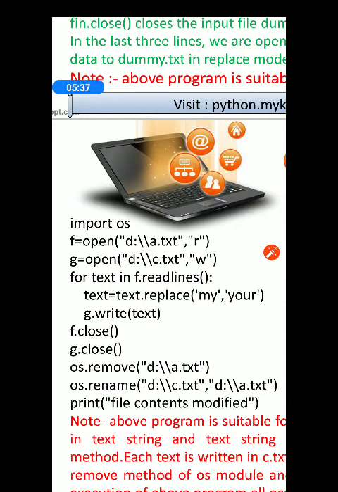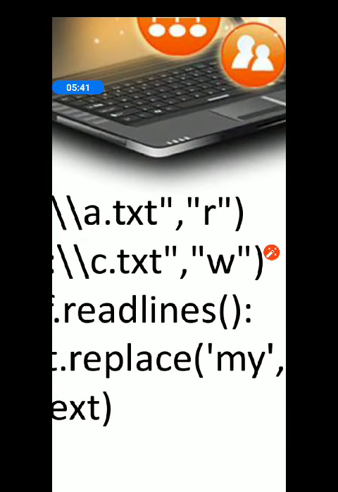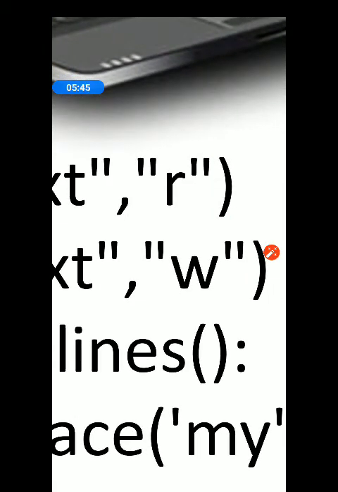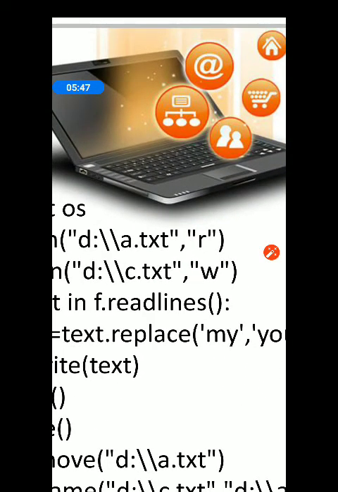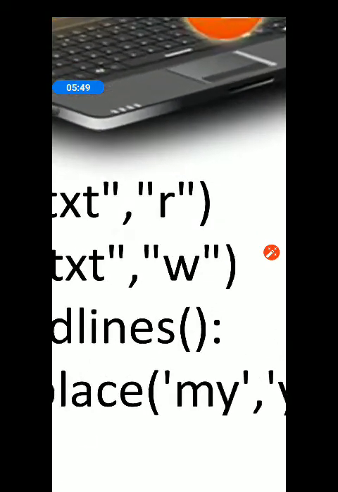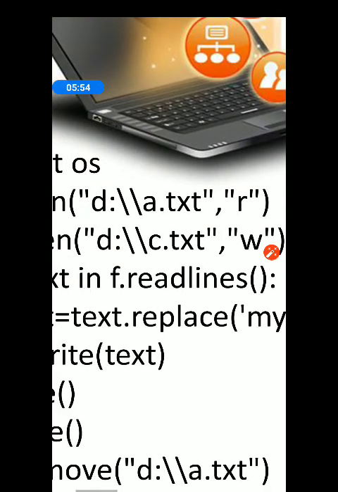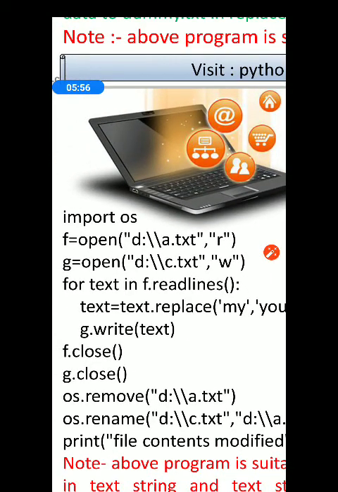So from a.txt we want to read, and c.txt file we are opening for writing purpose, कि जो भी हम a.txt से रीड करेंगे उसको हम c.txt में राइट करेंगे. कैसे करना है देखो. Of course we have to replace my with your, then the new file will be created. तो हम क्या कर रहे हैं देखो.